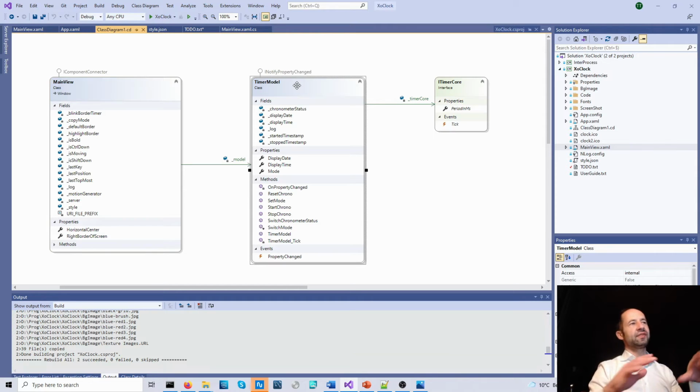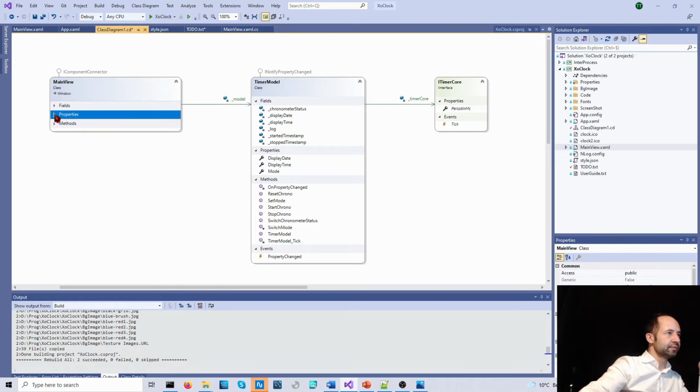So it means that the model has some properties which should be linked to the view. For example, the content of the time will be in a specific property and the view will be linked to this property. So by convention, my model is the image of the view. And the model moves and updates its data via a core. And here this is the core.